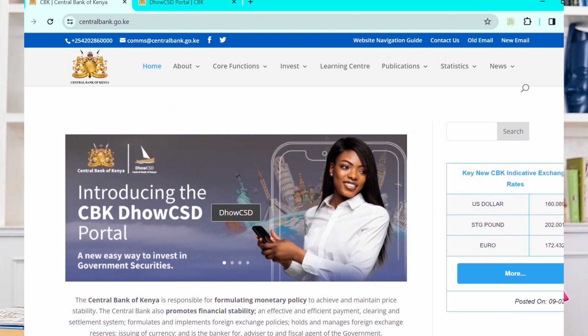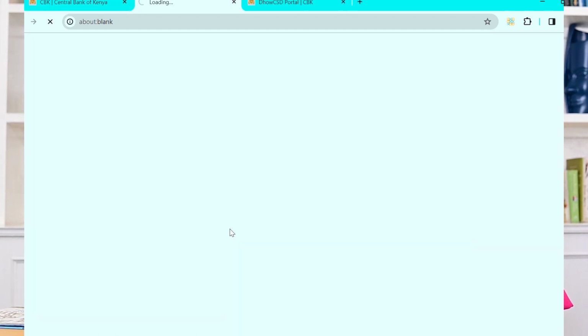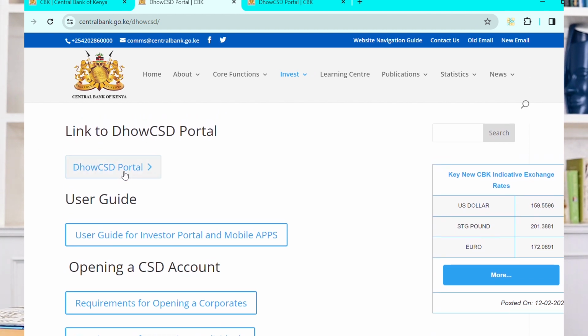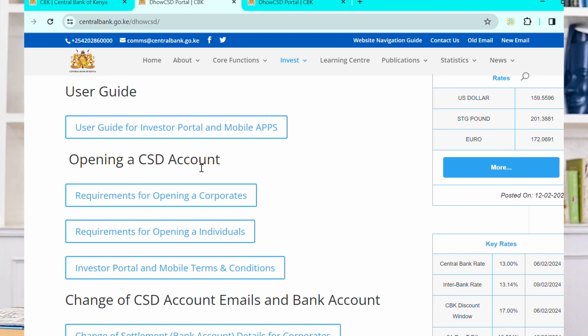So you just come and click on the DAO CSD, and after you click on that, there's a list of things you can get from these. That is the portal where you can register your account. That's the DAO CSD portal. Then there's a user guide if you need more information. There's a user guide for investors portal and mobile apps. There's opening a CSD account, the requirements for opening a corporate account, the requirements for individuals, and the investor portal